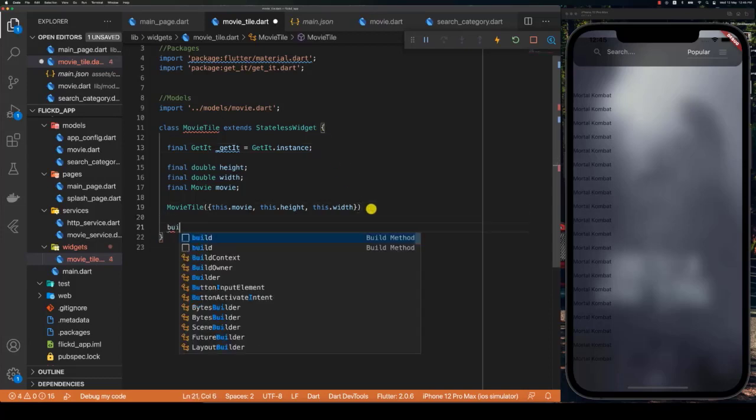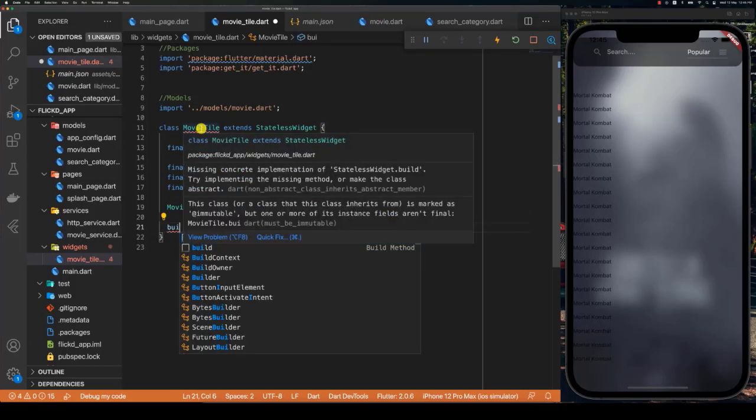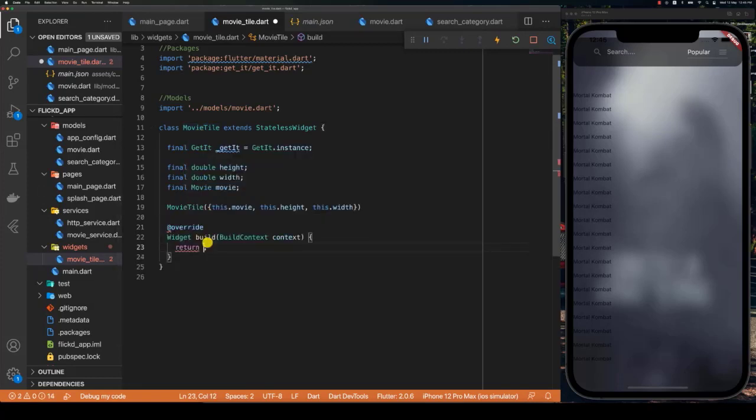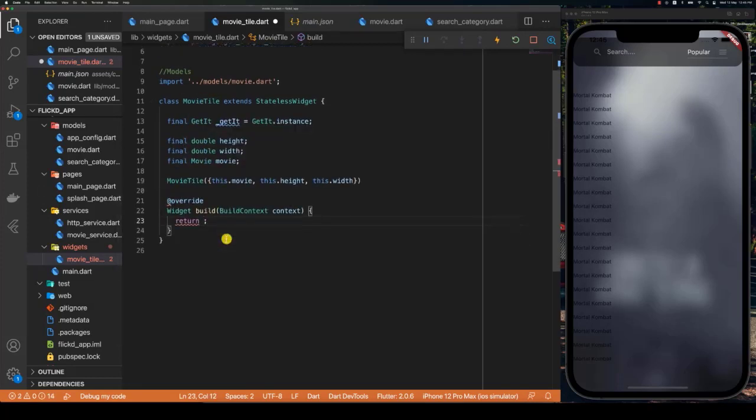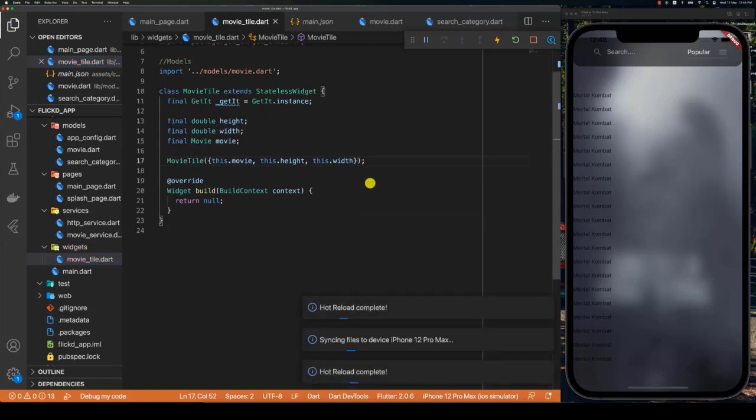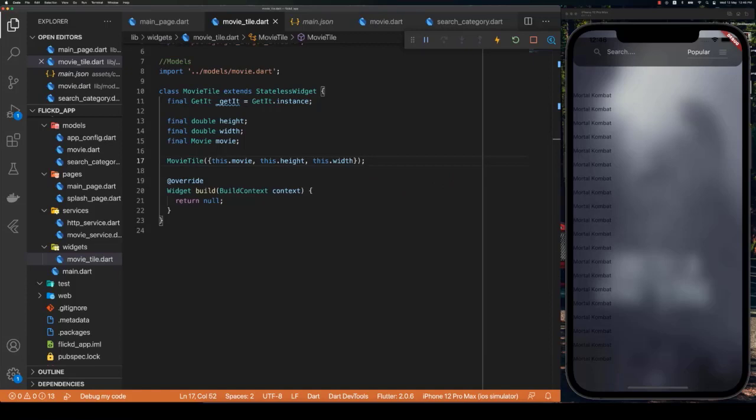Finally, we're going to create the build method, which is why we're getting this error here, because it expects us to implement the StatelessWidget.build method. So I'm going to do that, and now we have the actual build method in place, and I'm going to return null for now. Do Alt-Shift-F, Command Save, and we forgot a semicolon here, so do Command Save. Now that we have this, we're ready to actually start building our